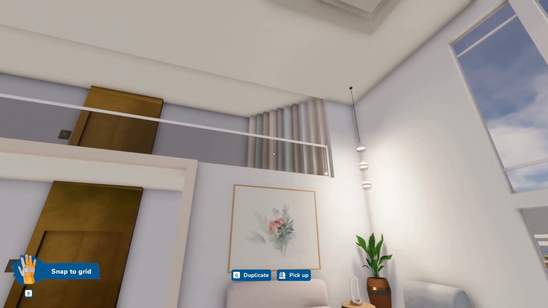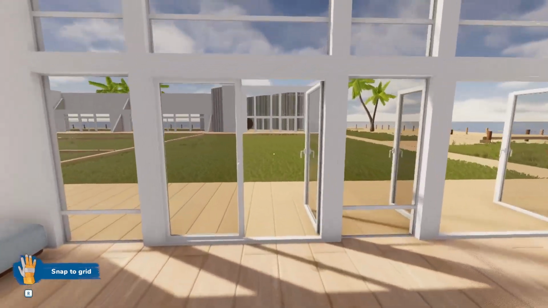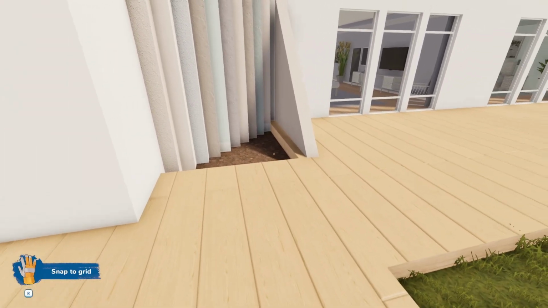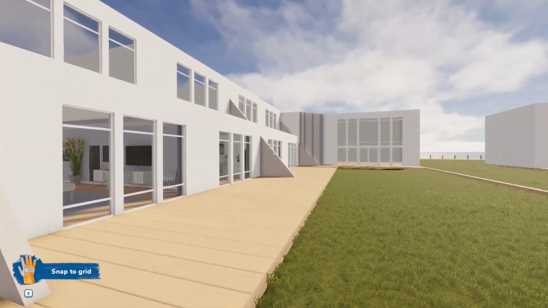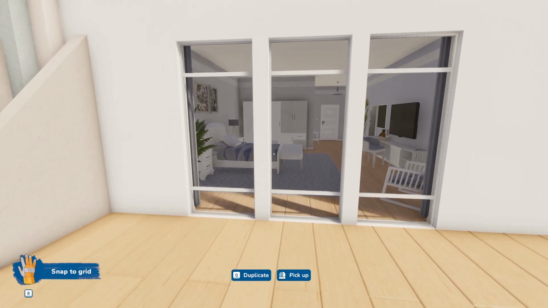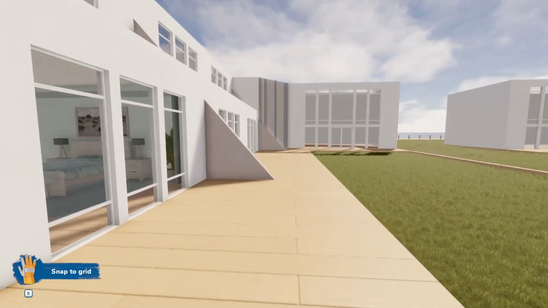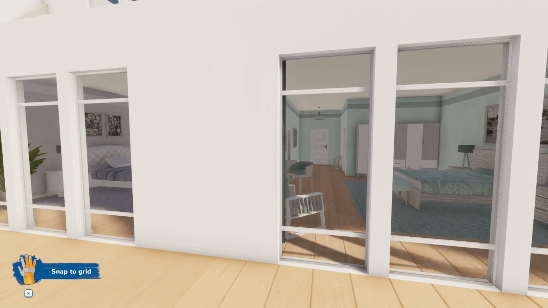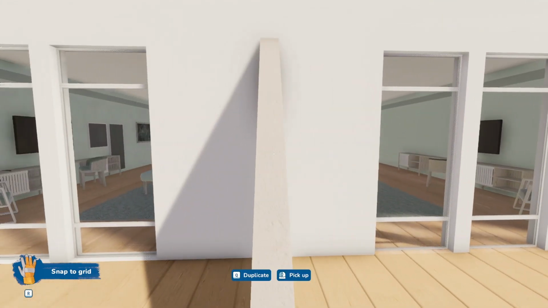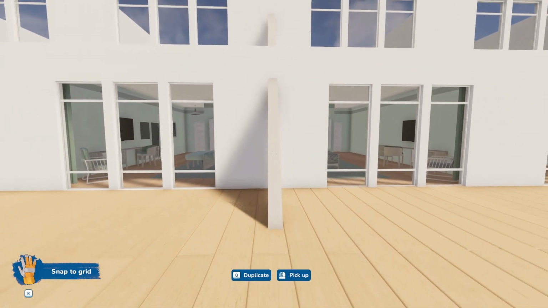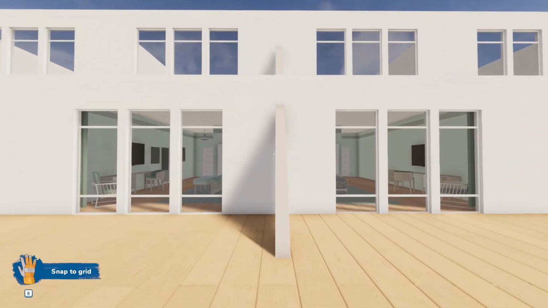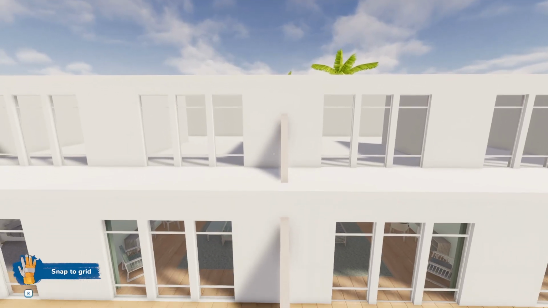Then we have a small diagonal here, as you can see if we go outside and look around. This small diagonal, which will have a garden in front of it. And then we have the rooms, which consist of these ones here, double bed, bathroom, and in the various colors from the walls. As you can see, I don't know about this one. I think it's too similar to that. I think I'm going to have to change it to one of the cream or pinks. And then upstairs we will have more. These will be smaller